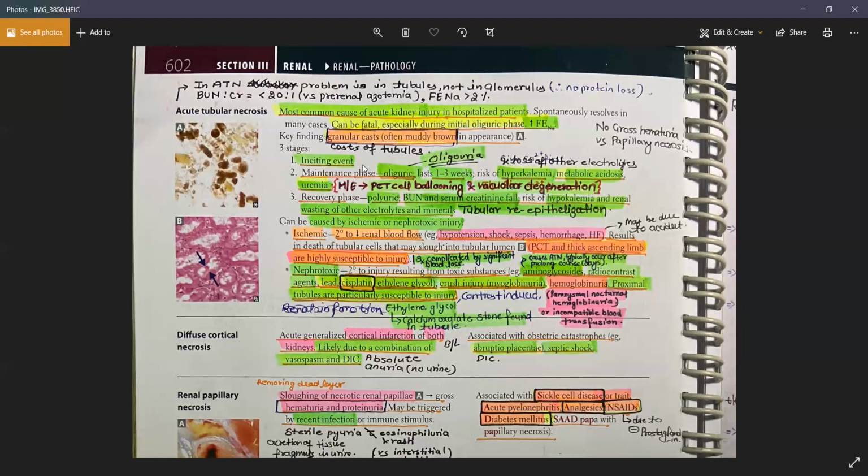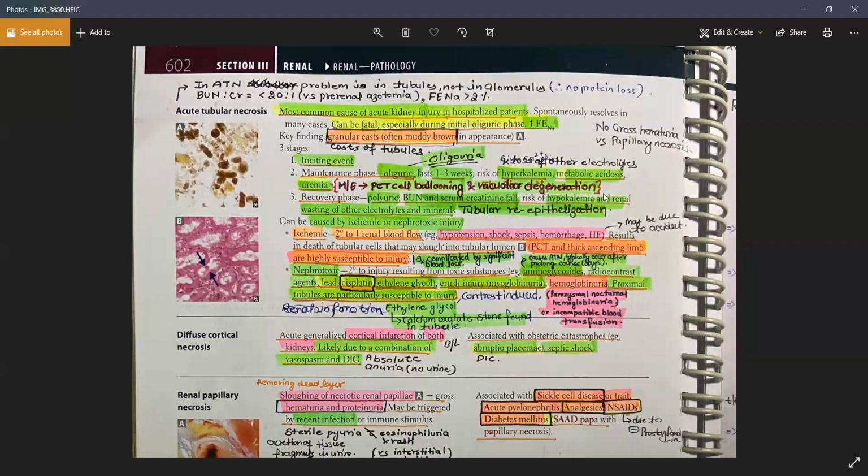In the maintenance phase you will have edema because you cannot have GFR. But in this recovery phase you can have the GFR, but you cannot reabsorb the fluid, and as a result the patient becomes polyuric. All of the BUN and creatinine will be lost from the kidney. You cannot reabsorb it because the tubules are still not functional. So you will have low levels of BUN and creatinine. The ratio will of course be less than 15 because it is intrinsic renal failure.